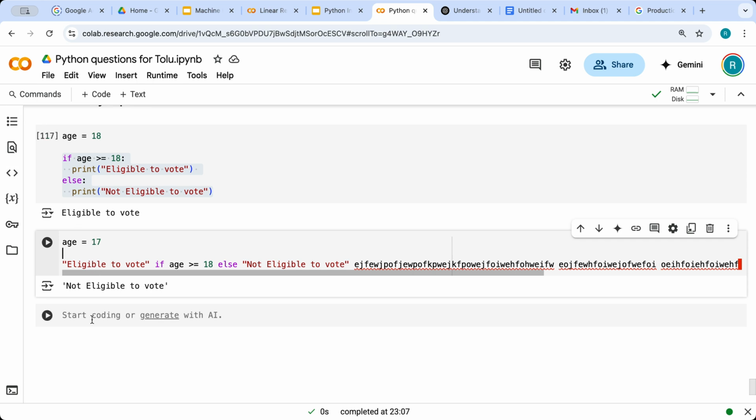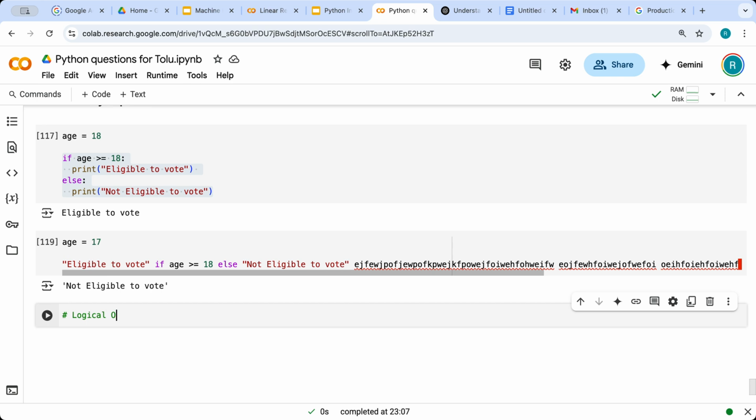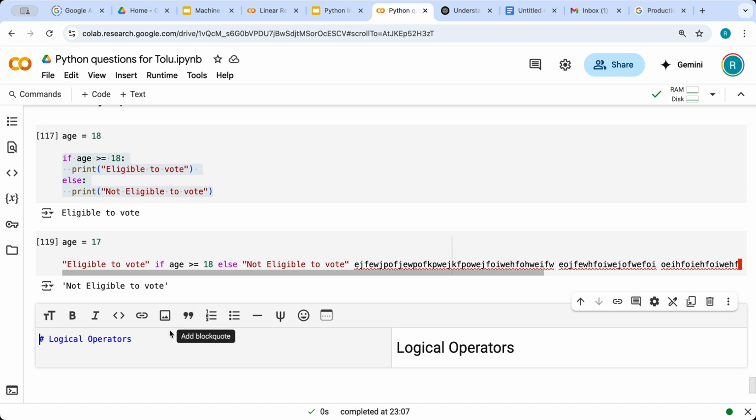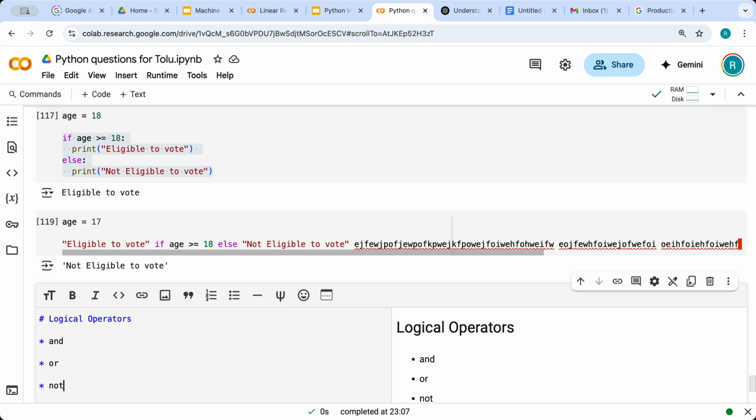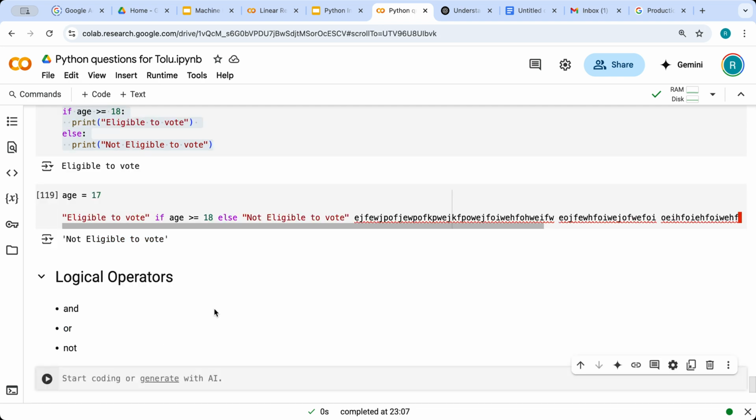Okay, now let's see the logical operators. This is something you will come across for sure on every given day whenever you're dealing with Python. So what is this? For example, and, or, not. And and or are common, and not is an operator we don't use very often, but it's still good to know. For example, let's see